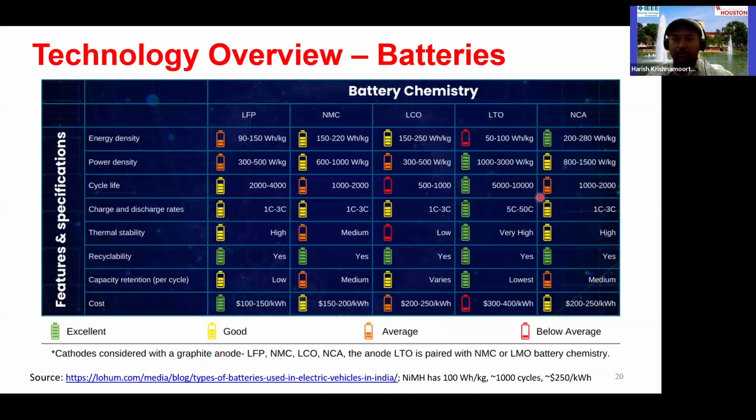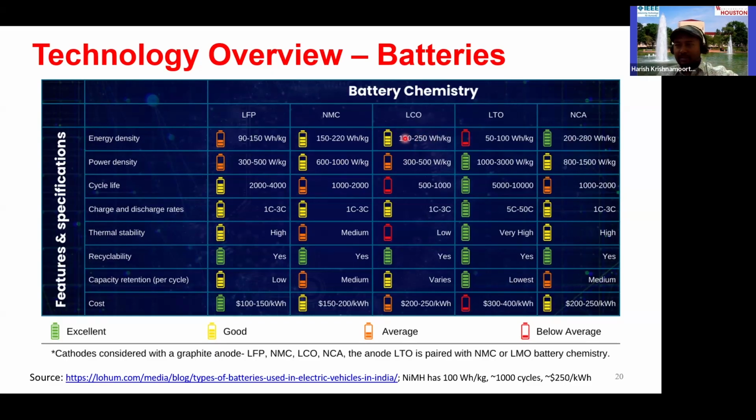Now, coming to batteries, which is still the most popular, I would say. I think the installed capacity of grid scale batteries in just the state of Texas is getting somewhere around 13 gigawatts, and pretty much they are lithium ion based. Most of these chemistries are lithium ion based. So just a few numbers: in terms of energy density, we are going around 200 to 250 watt hour per kilogram.